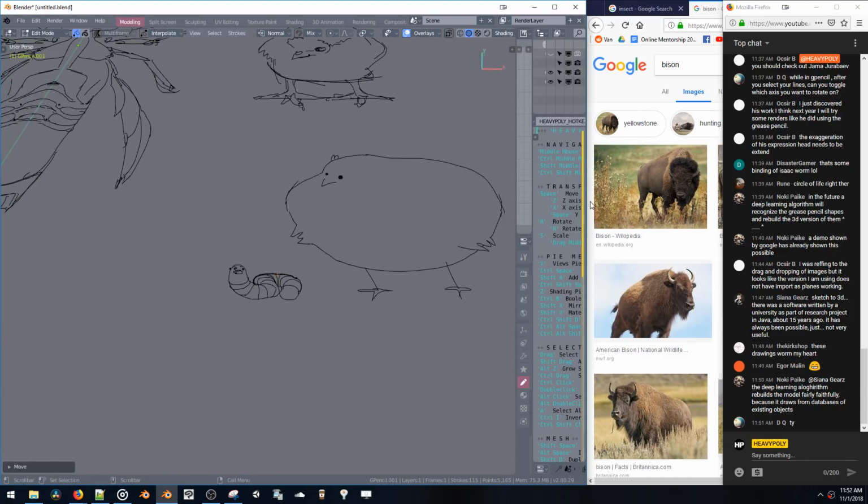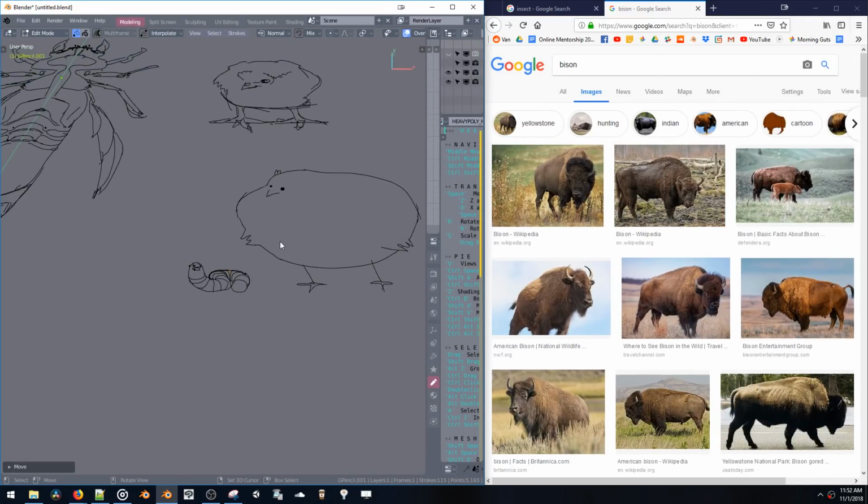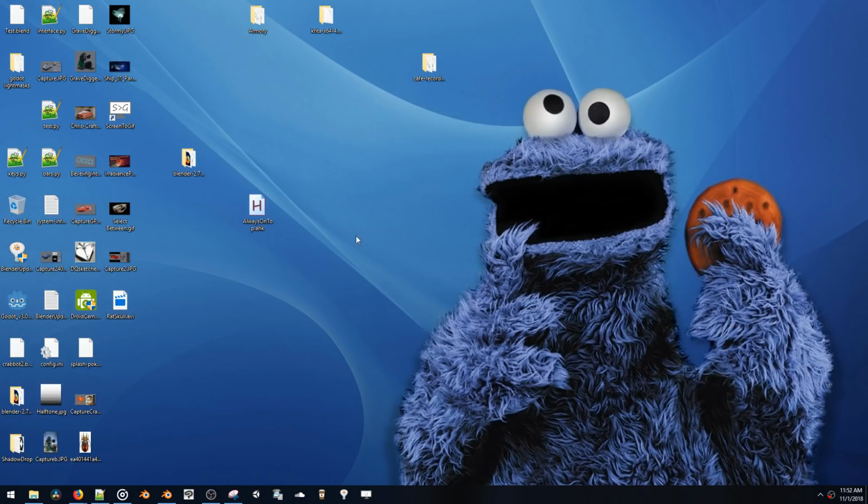Let's do bison here. Why does this keep... Oh, I know why. I don't have my AutoHotkey. So guys, here's another little tip. If you want to keep a window on top at all times, there's this program called AutoHotkey. It's a really powerful program. You can remap your whole keyboard, remap your mouse, and make macros and scripts. But anyway, this script is called Always On Top, and it makes it so that